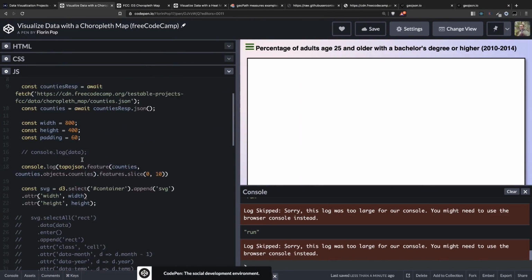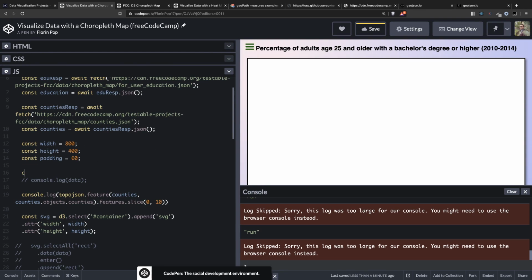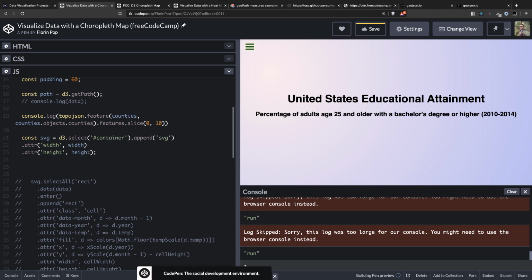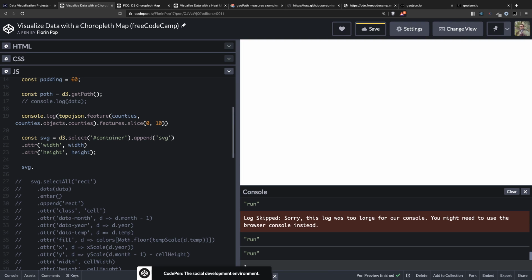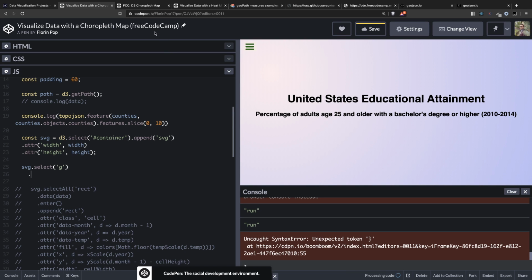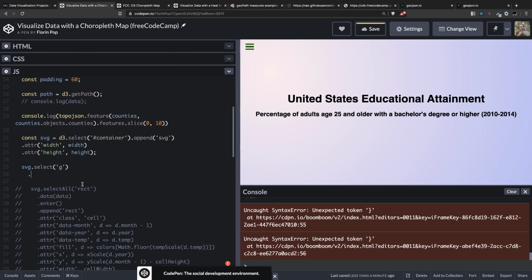So yeah. Did we create a path? No. Let's create a path. Path will be d3.geoPath. Okay. And I guess we can start creating that group SVG that selects G. One second. So append G because we don't have it. All right. Append G,